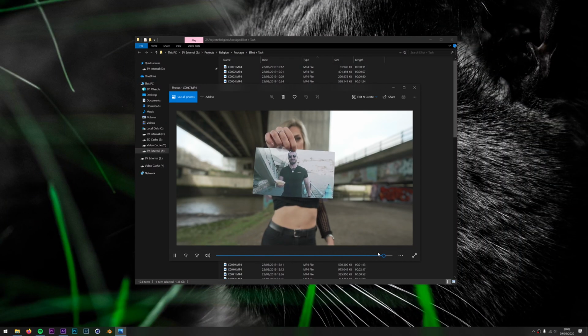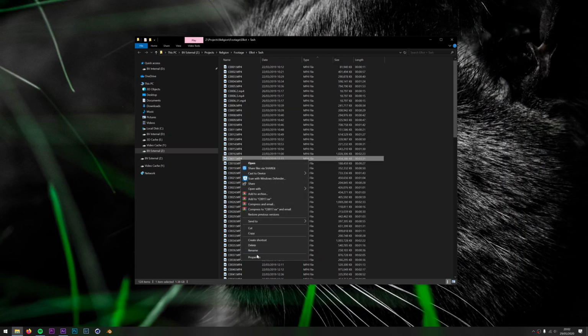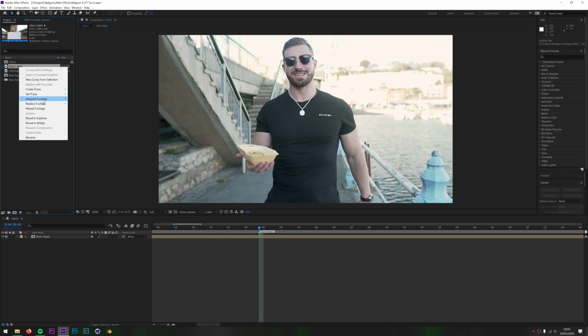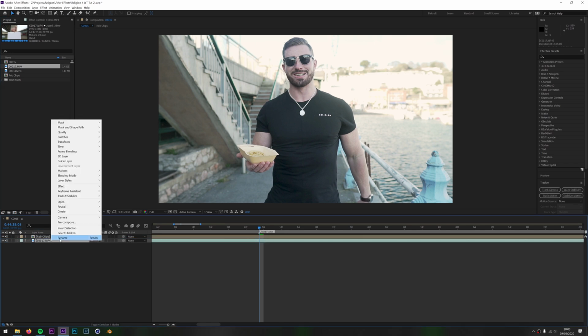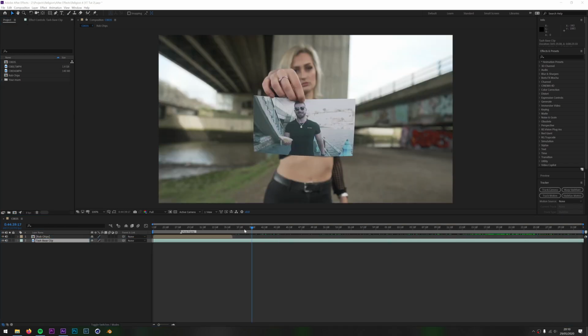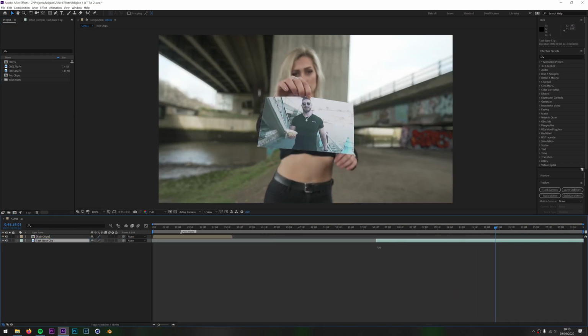Bang the footage on your computer, check it out, make sure it's golden. Make sure you note down the frame rate you shot this in. Then drag it into After Effects, right click, Interpret Footage, Main, 23.976. Then drag it into your composition underneath the top layer and give it a name. Find the part you want to use, then trim it and drag it underneath the top layer.